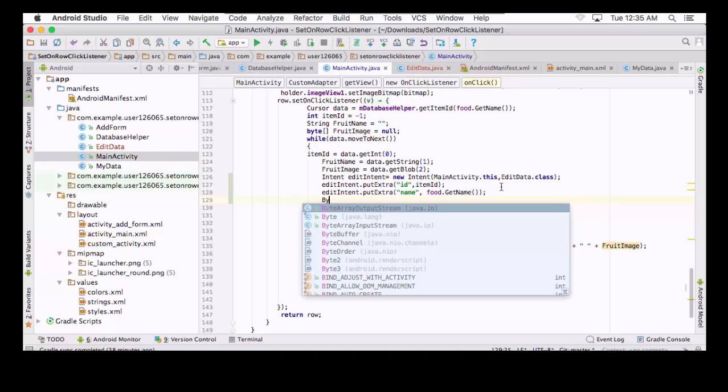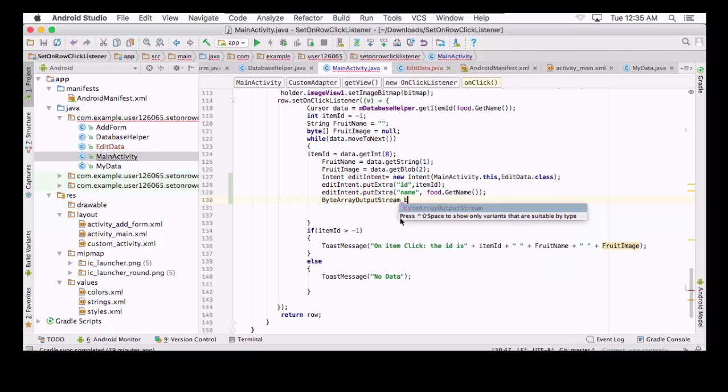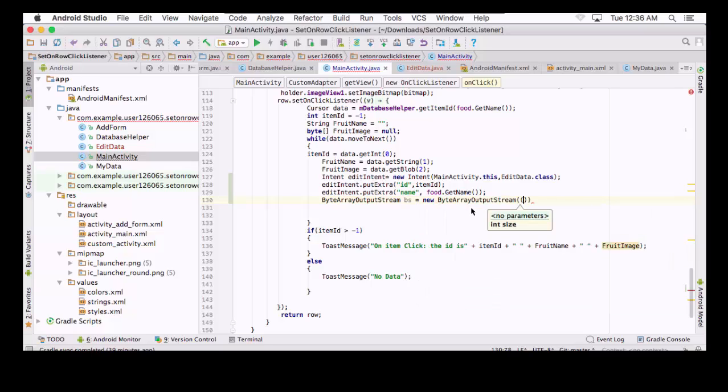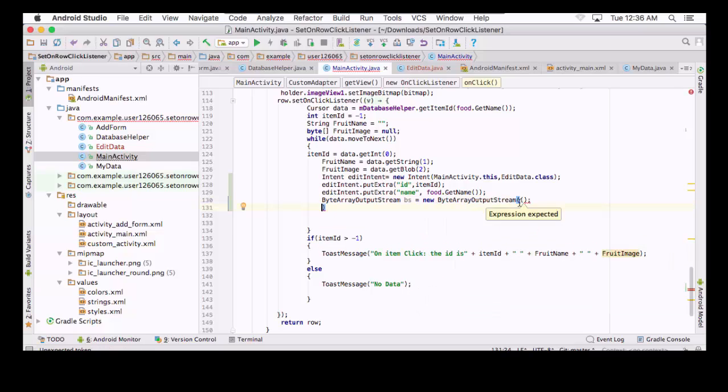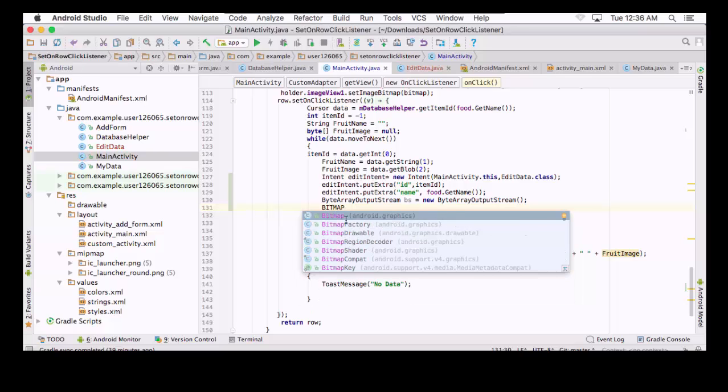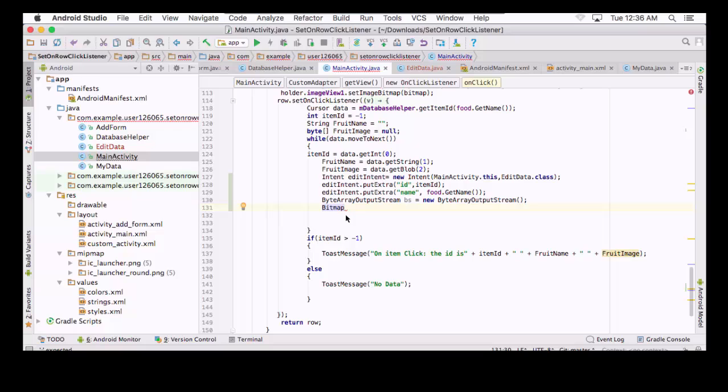So here I am going to create a byte array output stream and I'll give it a variable name as bs and new byte array output stream. So this would be my variable bs based on which I am going to convert my image. So here I am going to use bitmap dot compress